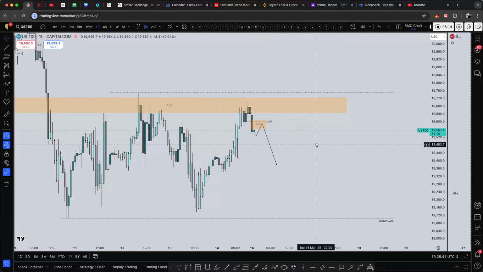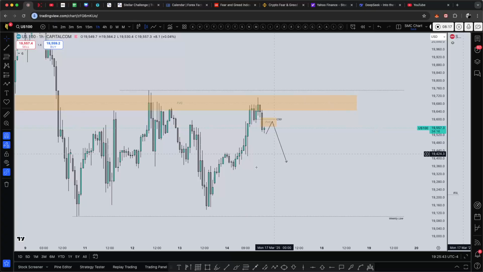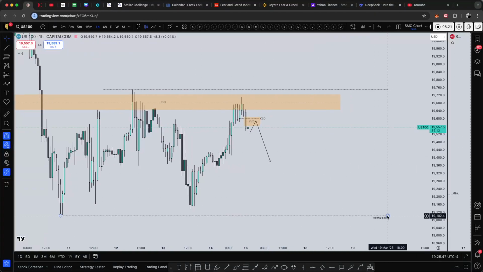Let's see, but I have to wait for New York. I have to wait for the New York session, which is the session that I trade. So I have to wait for tomorrow. My expectation is what I'm kind of hoping: let's see if we can stay somewhere here, and then tomorrow, New York session, I can get a good clean setup so that I can sell and target